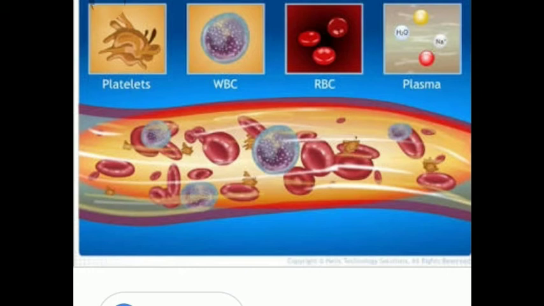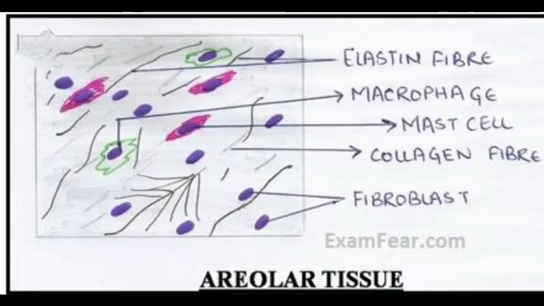They are present in nose, ears, rings of trachea, while bones are the hardest tissue, and that is due to the calcification of its matrix. And what is the matrix? Matrix is made up of calcium salt deposited around protein fibers. And the minerals provide rigidity. Protein fibers provide elasticity and strength. Most of the bones are hollow and possess a bone marrow cavity.